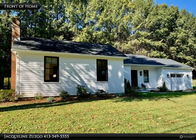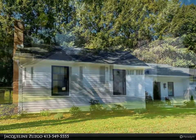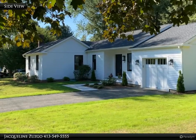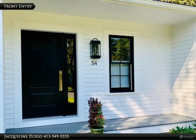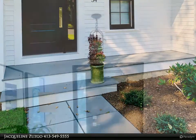Remodeled from top to bottom is this stunning cottage-style home located on a 2.25-acre lot. Classic design with a sophisticated edge is found throughout the open floor plan. Welcoming front entry opens to a spacious kitchen complete with stainless steel appliances including double ovens, convection micro and gas